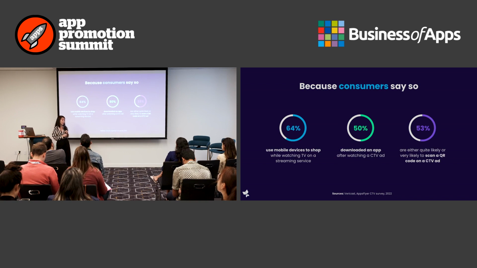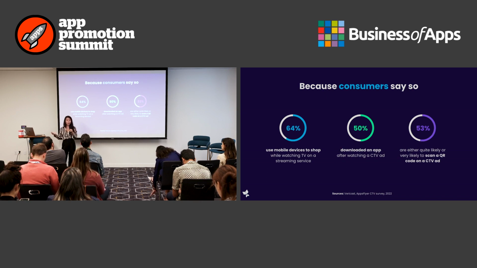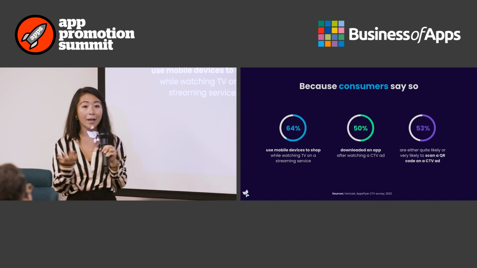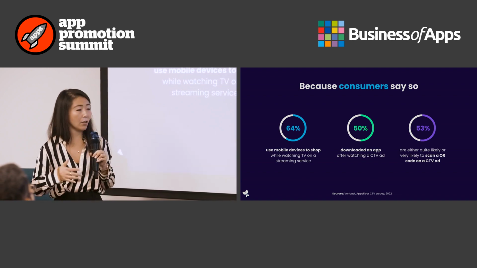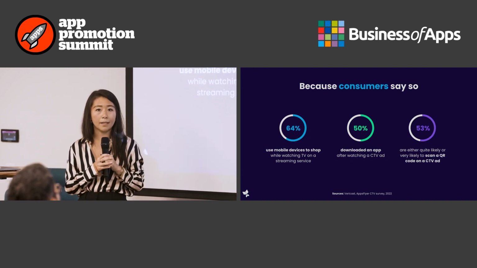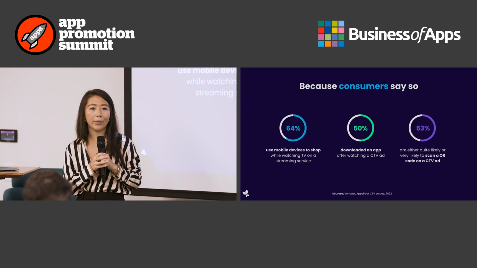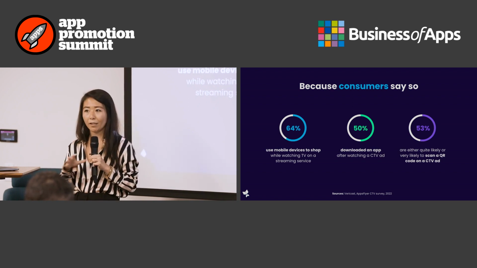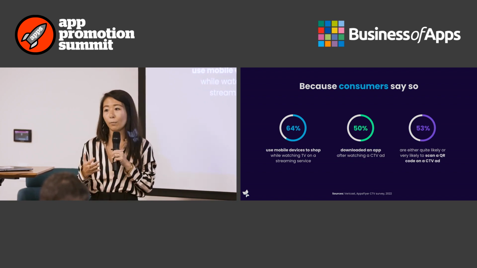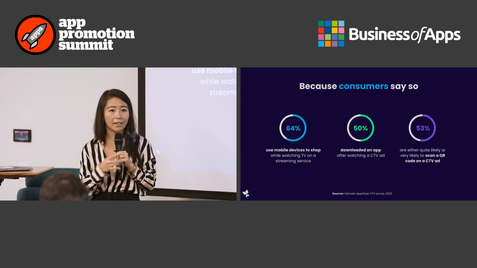Beyond the market, consumer behaviors have also changed as well. More than half the users are on multiple devices at the same time. So think about when you're watching Netflix. You or your partner are probably on your mobile device, searching things and buying things at the same time. And so that has also led to behavior changes where people are comfortable downloading apps from a CTV ad, as well as scanning a QR code. So you think about the famous Coinbase commercial for Super Bowl with the bouncing QR codes. That's indicative of users' behaviors changing and being comfortable scanning QR codes.